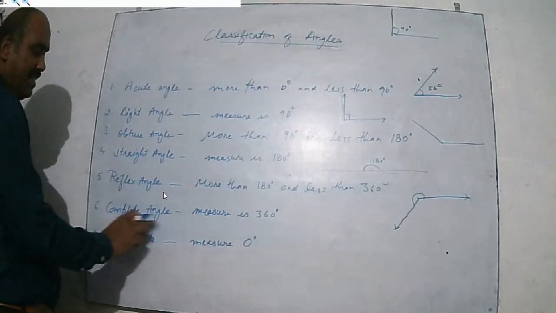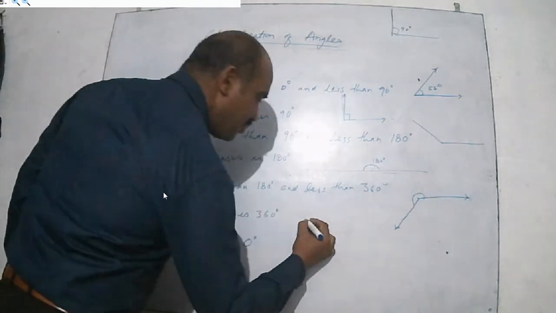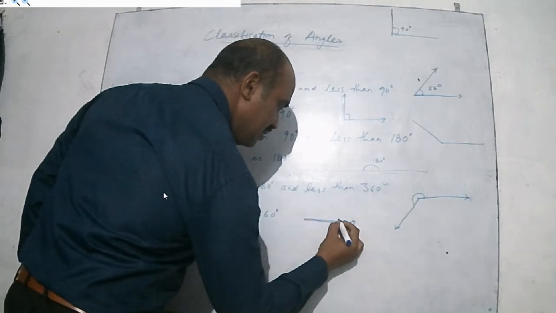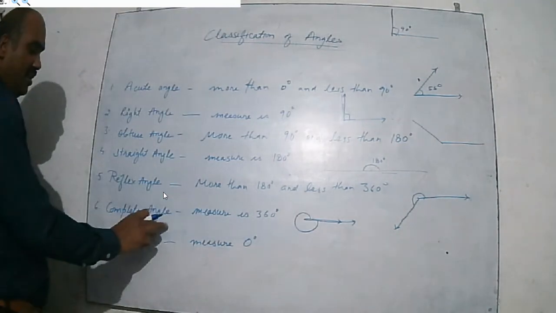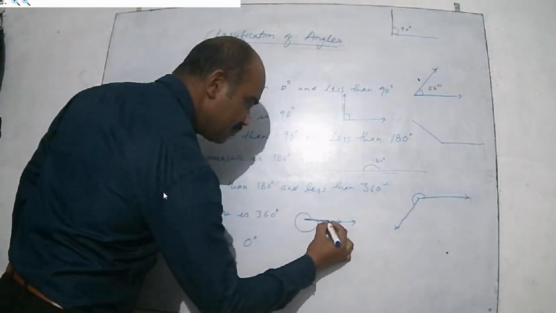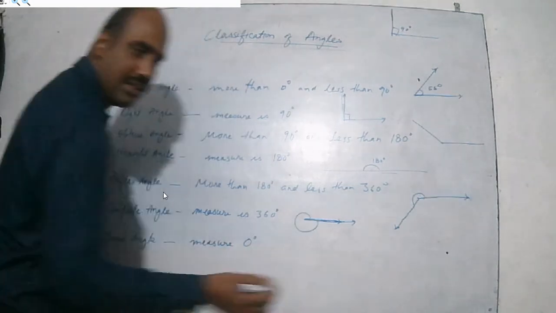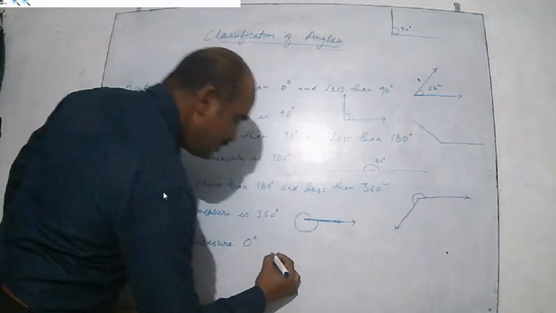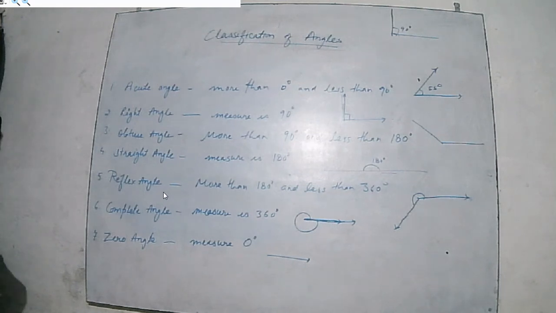If we talk about a complete angle, the measure is 360. A complete angle measure is 360 means, suppose this one is there and the second arm also comes here like this. So the measure of this one is 360. Okay, it is a complete angle. Clear? Okay, now we come to the zero angle. Zero means nothing is there, only zero is there. The angle is on this one like this, zero angle. Okay, so these are the classifications.